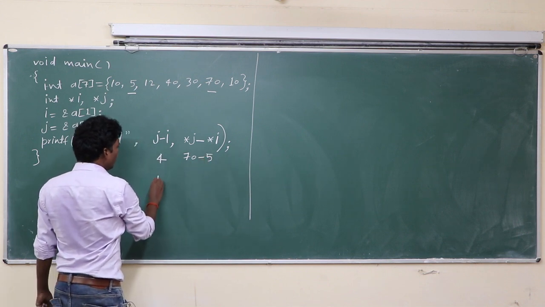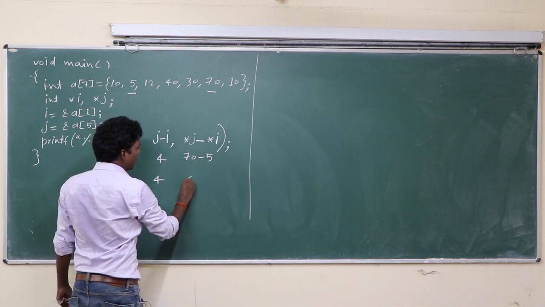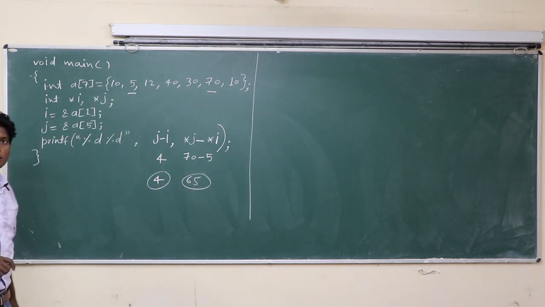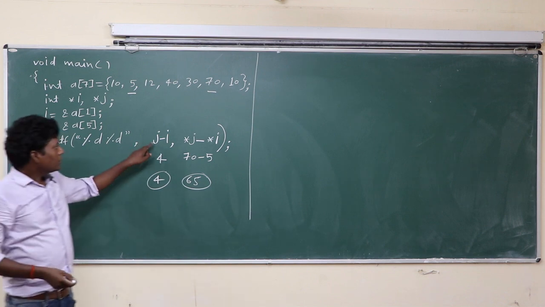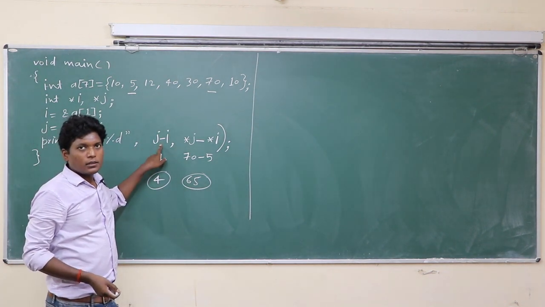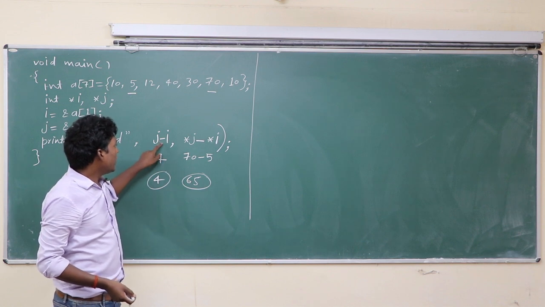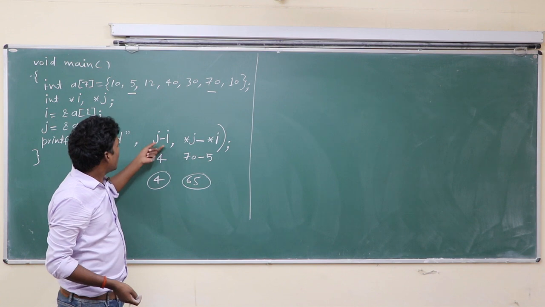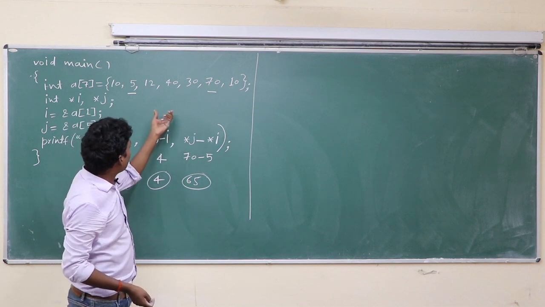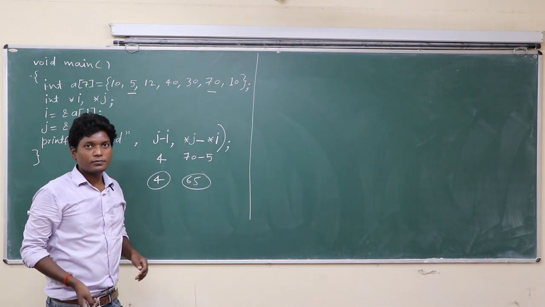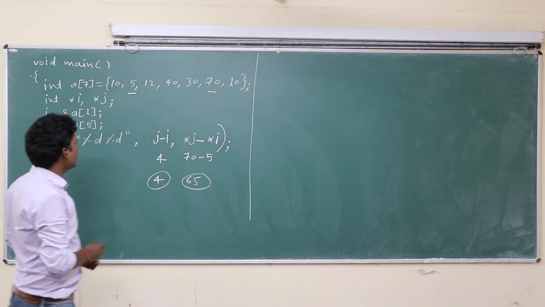Okay, so output will be 4 and 65. This is the output. Okay class, J minus I: when you subtract 2 pointers, then you will get the result. How? Integer value, they are separate. Once again class,